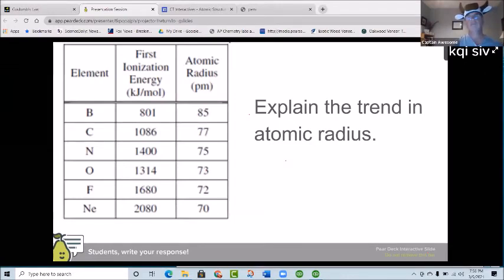EP Oxford, you really need to say it has more protons and that gives it a stronger attraction. If you just say stronger attraction, I don't know. Maybe it thinks the electrons are hot. I don't know what you mean by stronger attraction. So you really need to put together that more protons means stronger attraction.